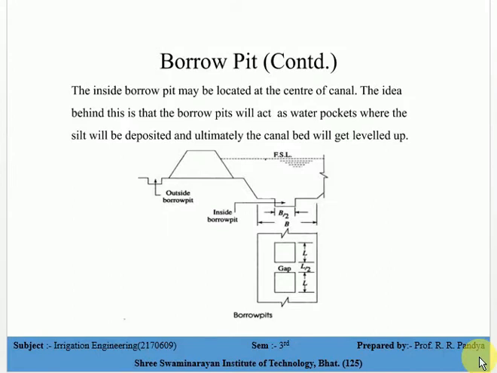Another main point is about the land width. The total land required for the construction of a channel is divided into two parts. First one is permanent land and second one is temporary land. The permanent land is the land which will be required permanently, during and after construction of the channel. The width of the permanent land is the distance between the outer toes of the banks of the channel plus a few meters. A few meters means up to 1.5 meters on both sides, for the construction of a drain or planting trees.